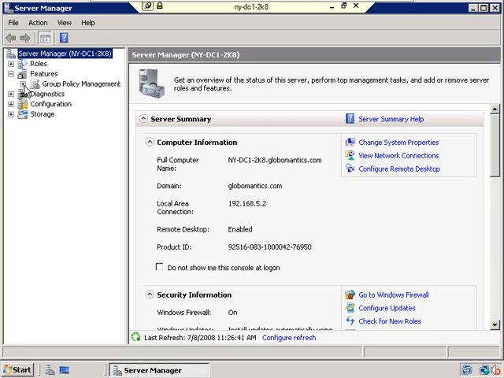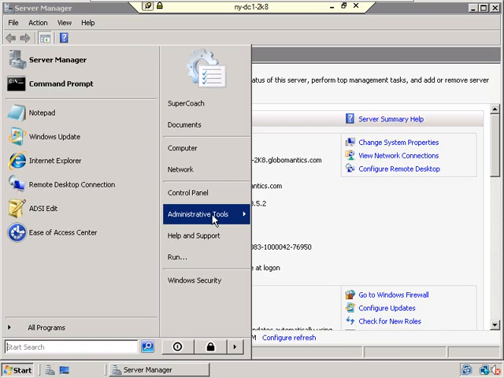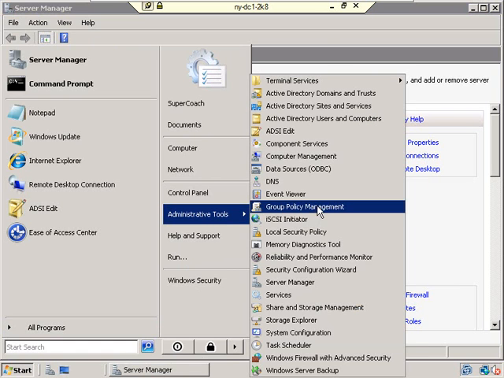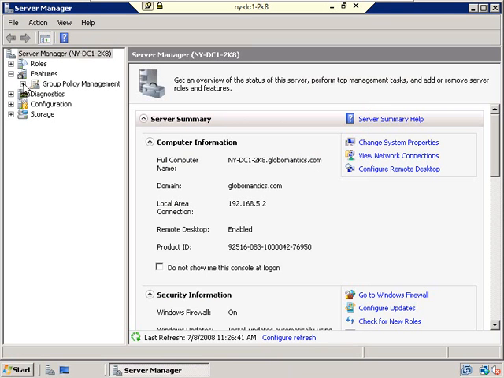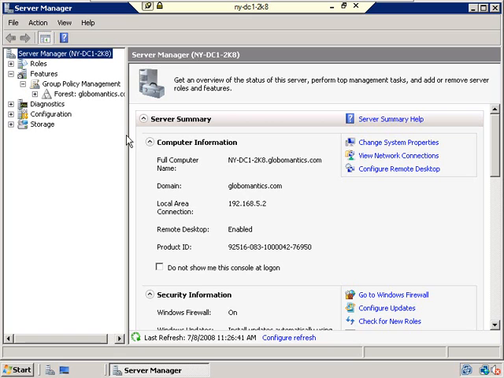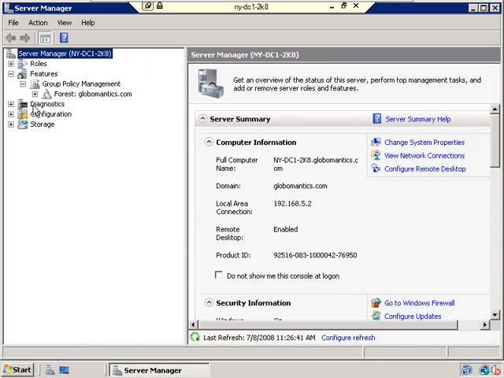And inside of features is my group policy management. Now remember, I could always get to it by going to start, administrative tools, and group policy management too. Doesn't matter which place that you actually apply this policy. Let's go ahead and stretch this guy out a little bit so we can see what's going on here underneath